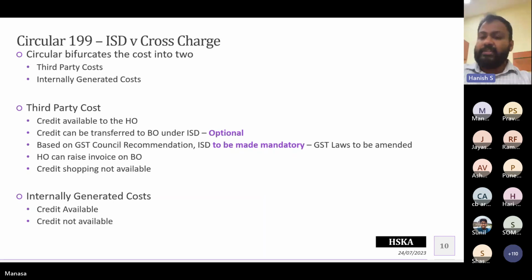Especially when credit is not available. See, if credit is available, whatever I charge on the invoice is deemed to be the open market value. When the credit is not available, what do I do with this cost which I have got, which does not have any GST component? So that we will have to navigate through and find out a solution. But as of now, I would think a lot of issues around this cross charge between distinct persons are resolved